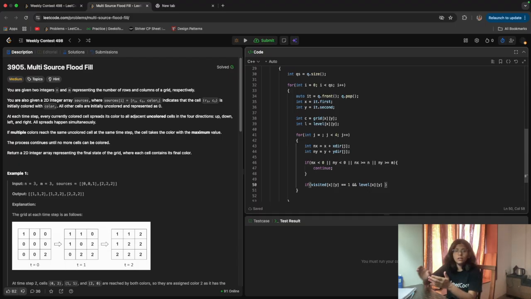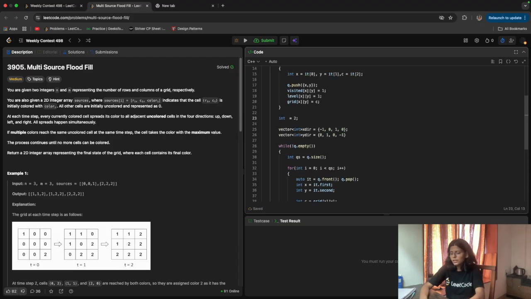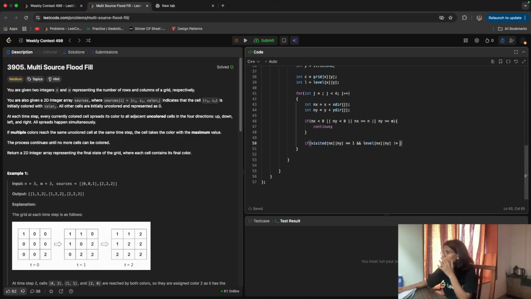But if that new cell, that nx and ny, is already visited and the level of that new cell is not equal to the current level, here V is basically the current level, if it is not equal to the current level, then continue, because it is already visited and it's not at the current level also.